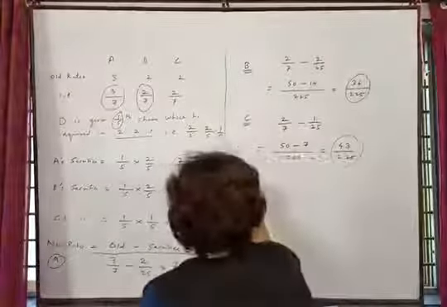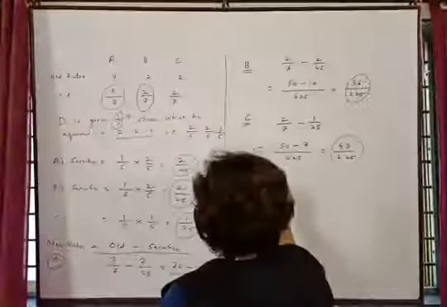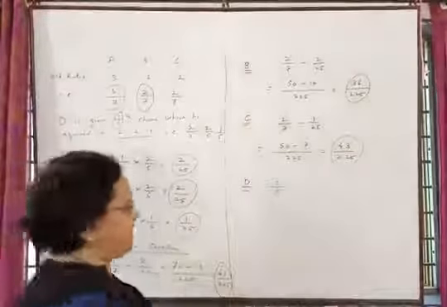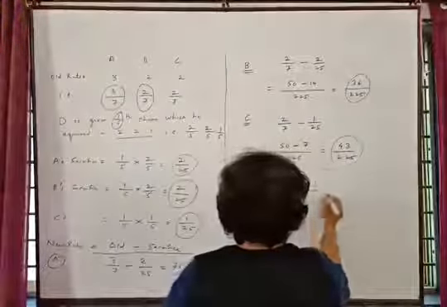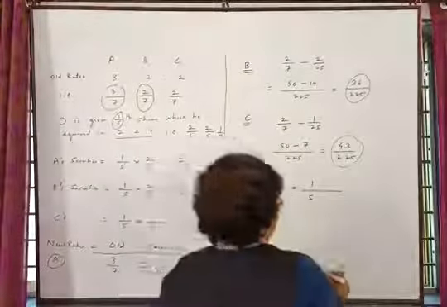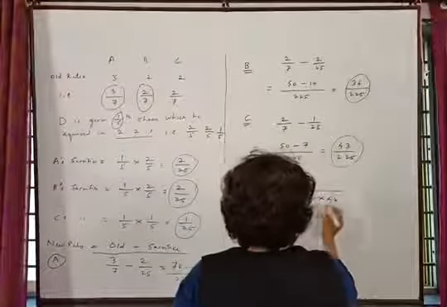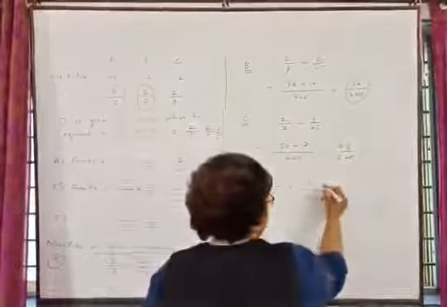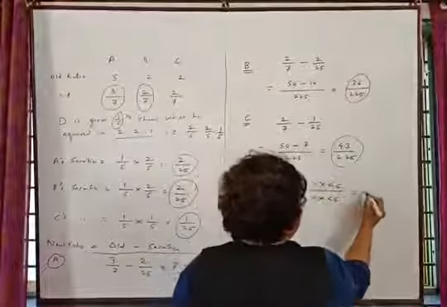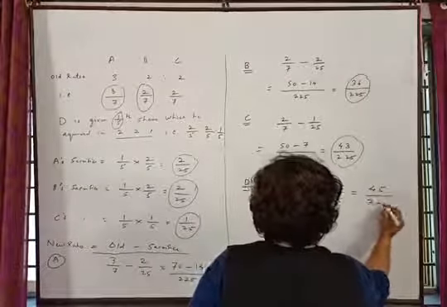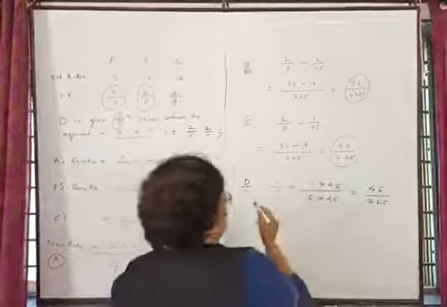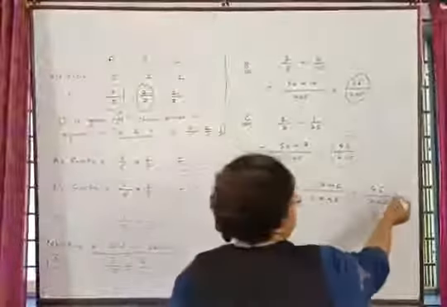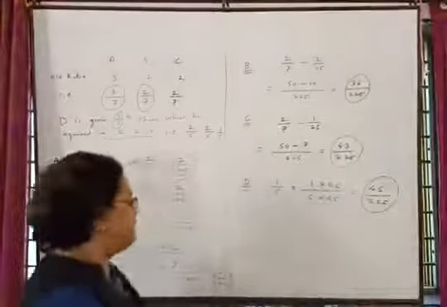And of D, D is getting 1/5 and we have to make the denominator 225. So 5 into 45, it is correct. So 5 into 45 and 1 into 45. Then the answer will be 45 upon 225. So D's new ratio, which was 1 upon 5, after making the denominator 225, it will be 45 upon 225.